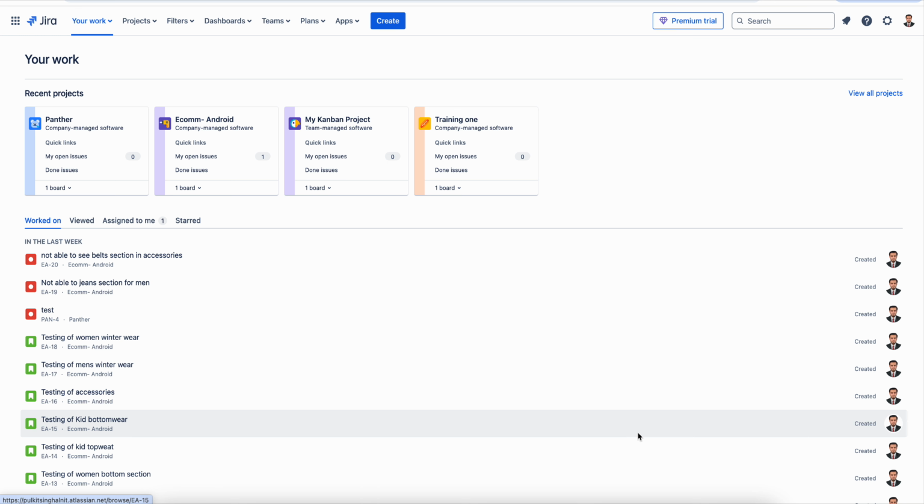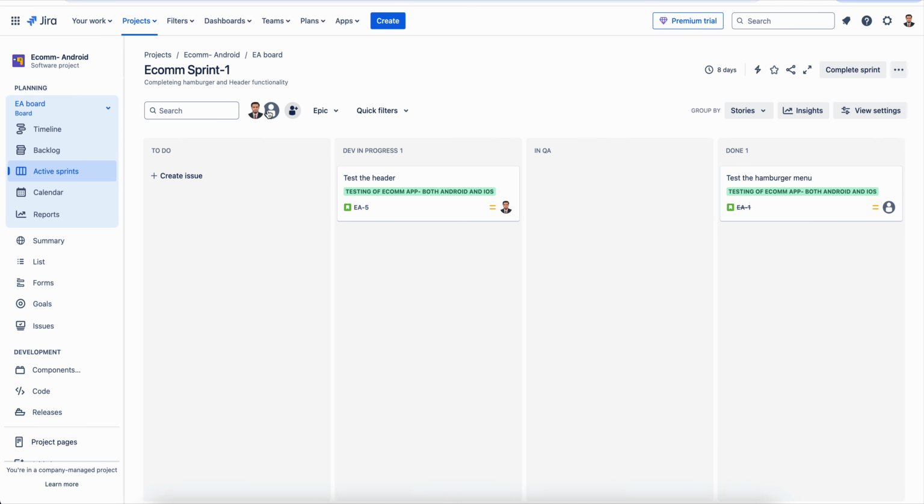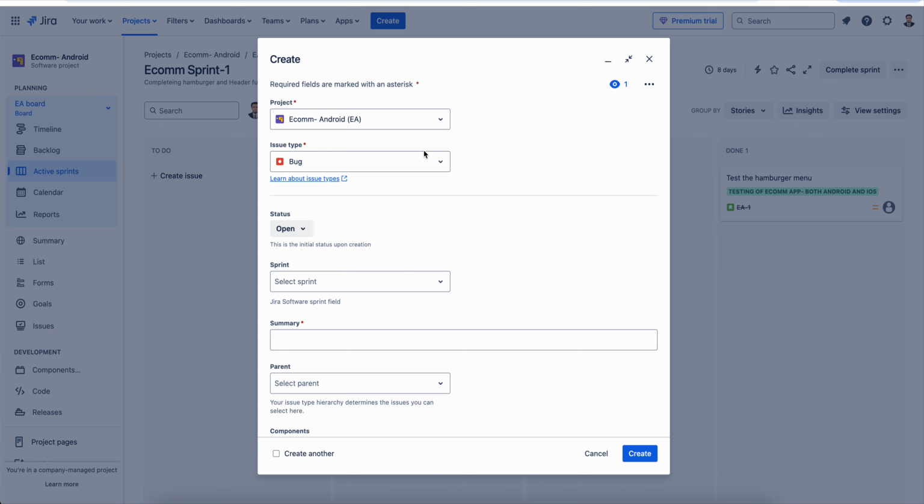So here we will learn how to create any default issue type. So what do you know default issue type? It means like I want to create any issue type of, suppose here when I do create, I can see